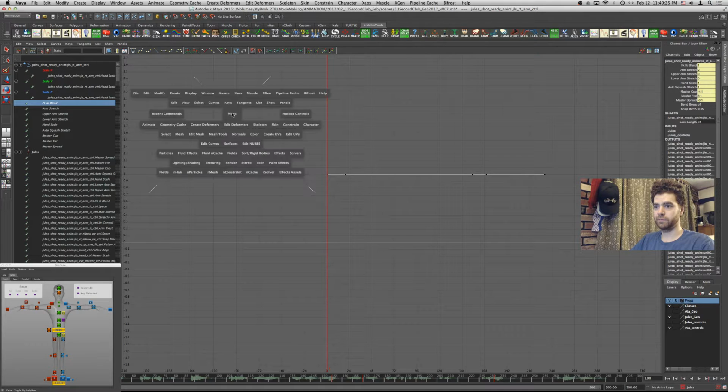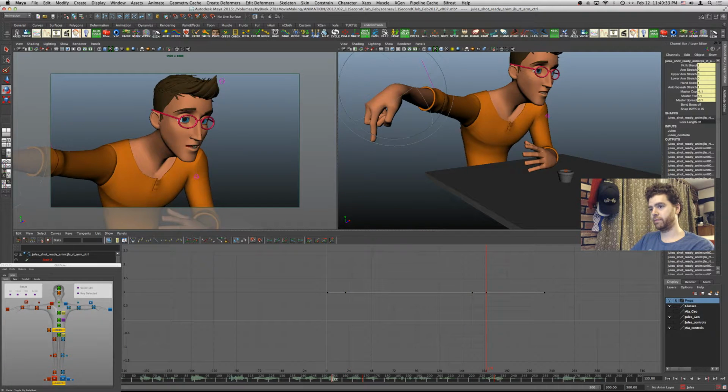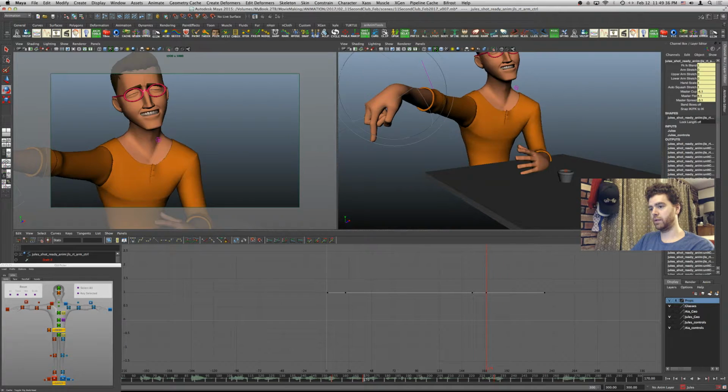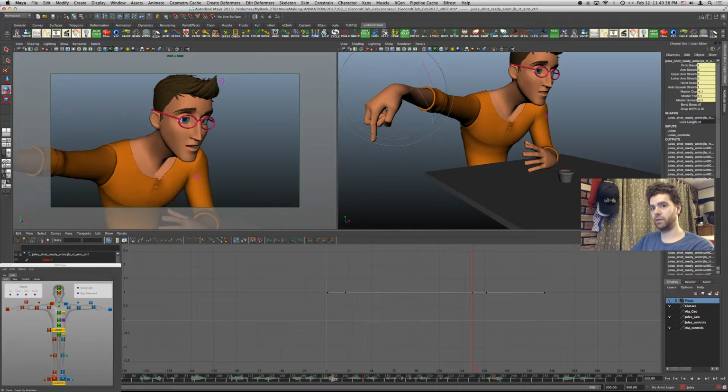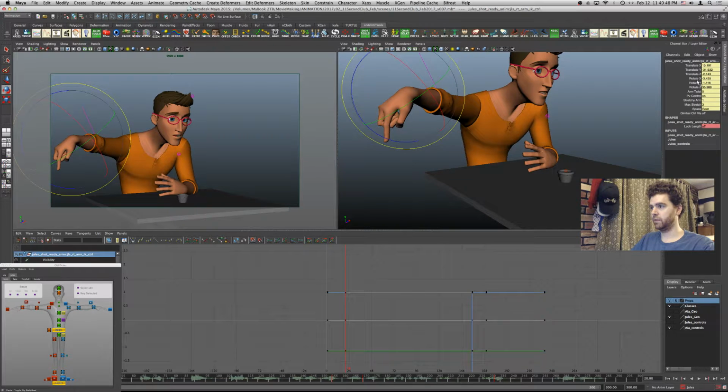hello, come on. His hand is going to be floating out in space because that is where the IK point is. Oh, there's a shift there, that's interesting. Let's check my IK.